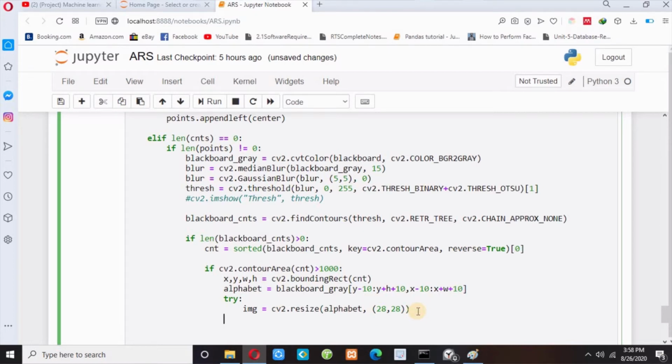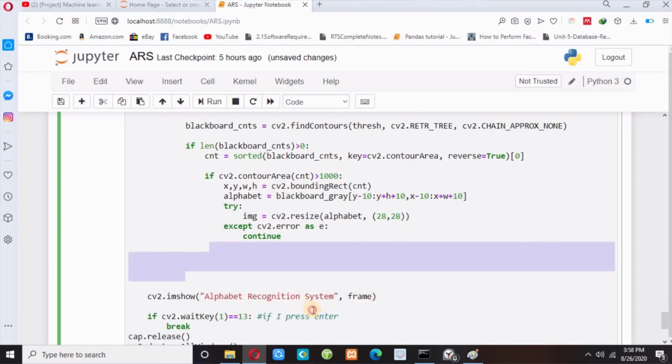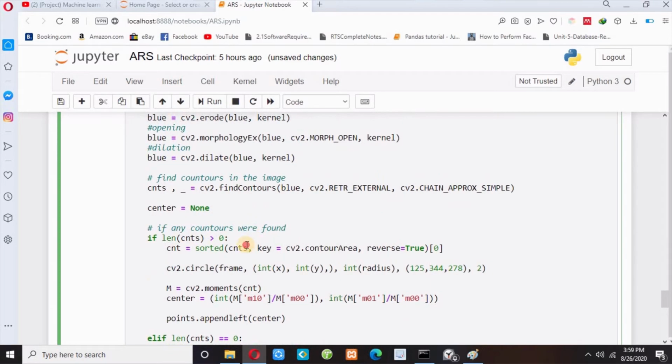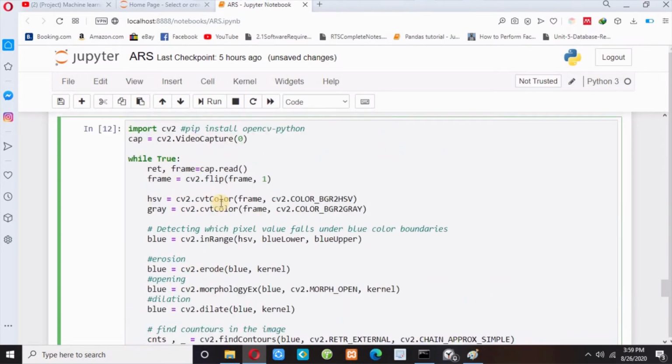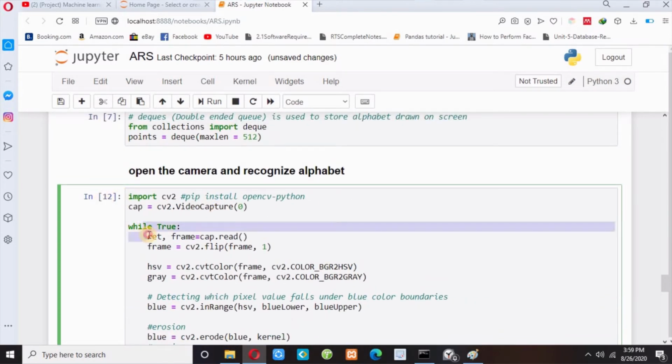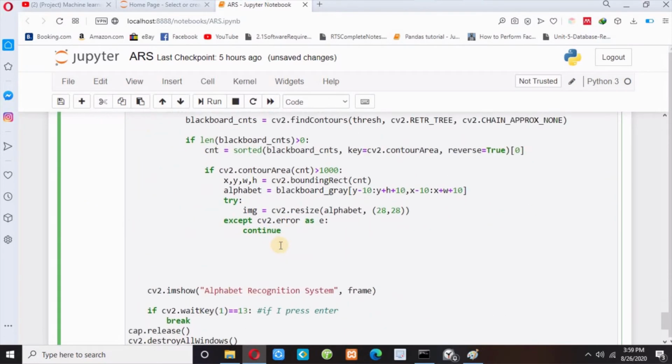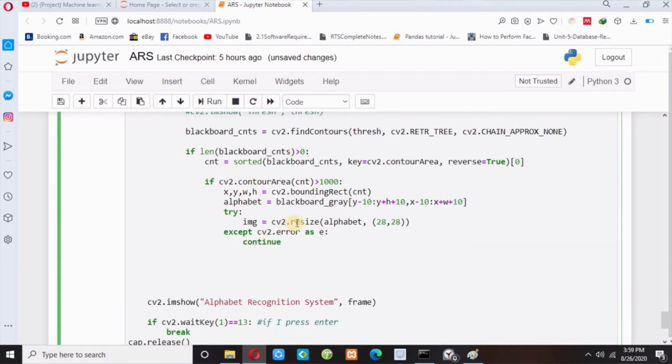If not, then we write except: if there is any error, cv2.error as e, we will continue, meaning don't execute the code below. This continue will throw our execution to the next iteration of the loop, up here, and if our code successfully resizes our image, then it will execute our further code.